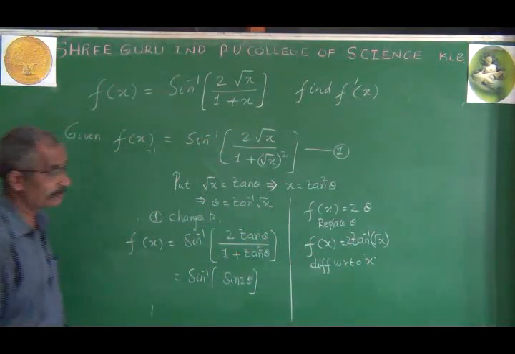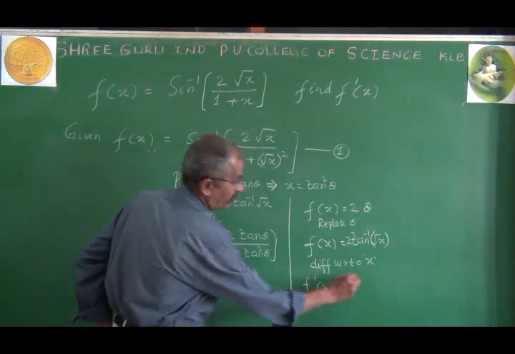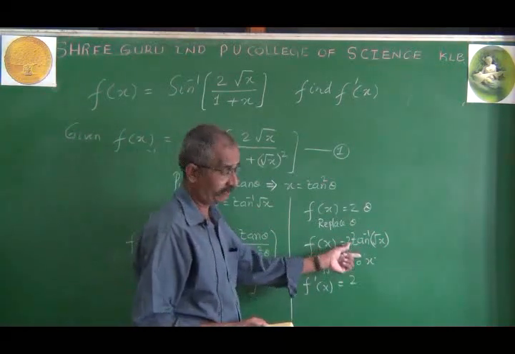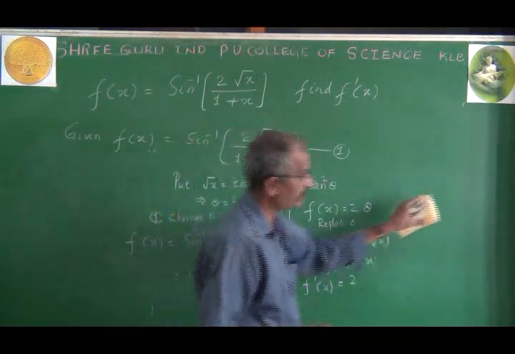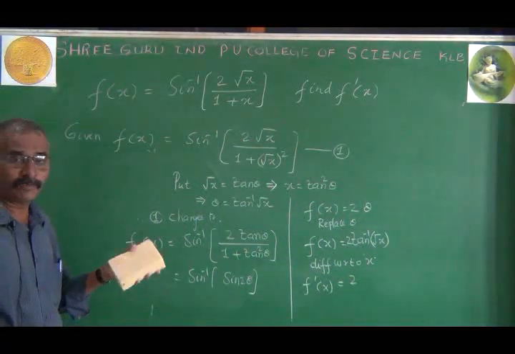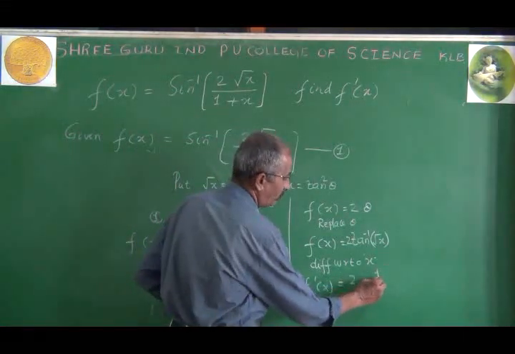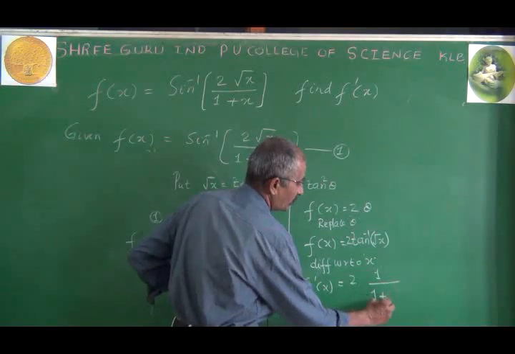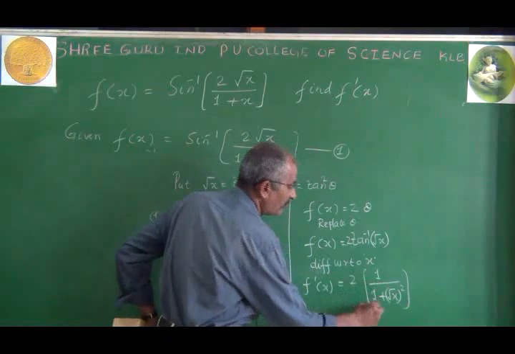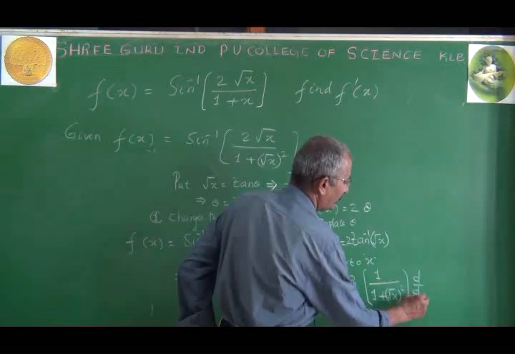the left side, as usual notation, is f dash of x, the right side 2 into. It is a composite function and the first function is tan inverse. Recall that formula. It is just like tan inverse of u, whose result of differentiation is 1 by 1 plus u square into u dash. On that basis here, 1 by 1 plus u square becomes 1 plus root x square, multiplied by the differentiation of root x, d by dx of root x.